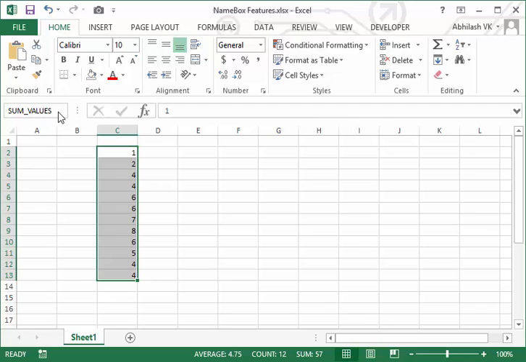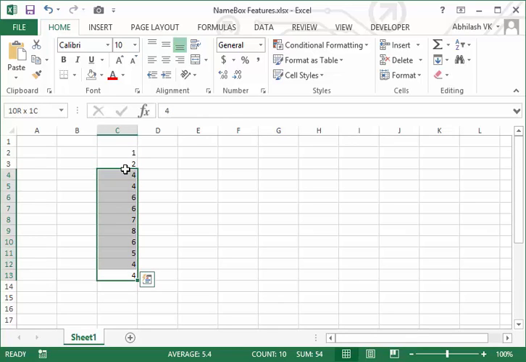Using the name box, some underscore values, hit enter, that's all. See, whenever you select the whole range, you will see some values as the name that you have assigned to this particular range, okay. If you select even one cell less, you will not see it, you will see the active cell address.